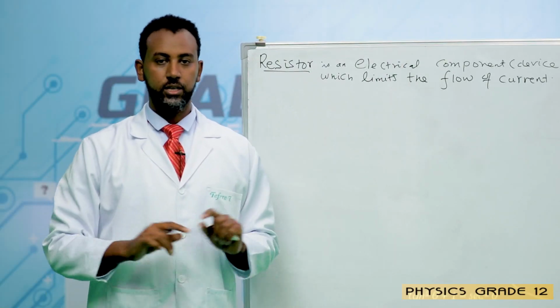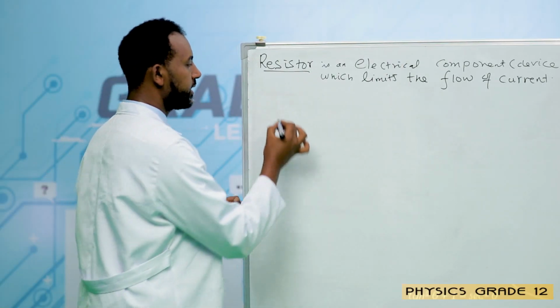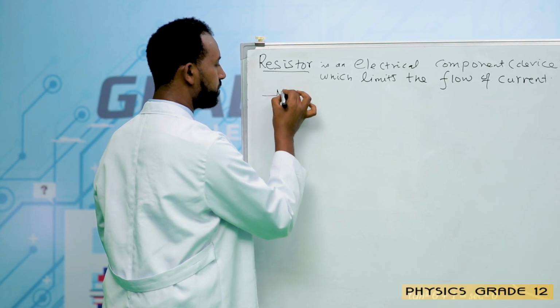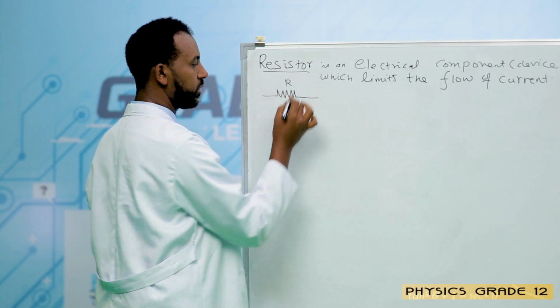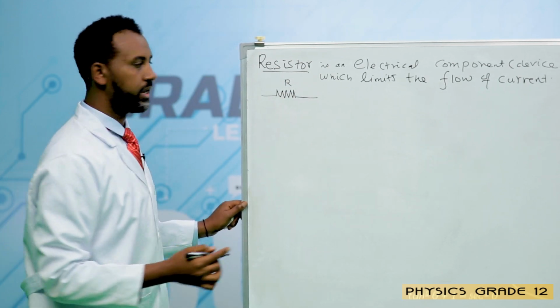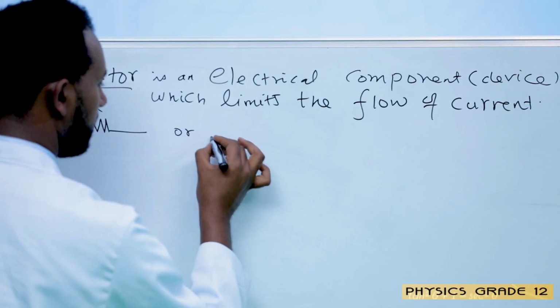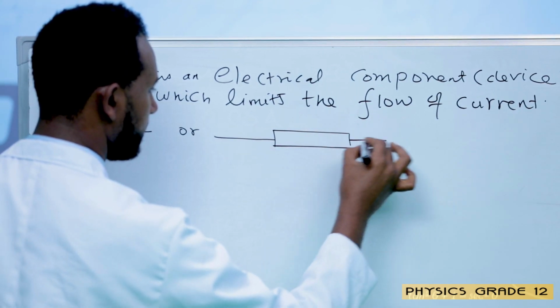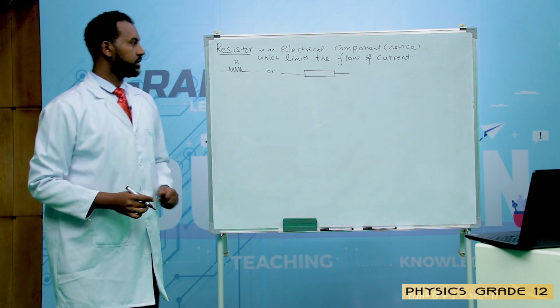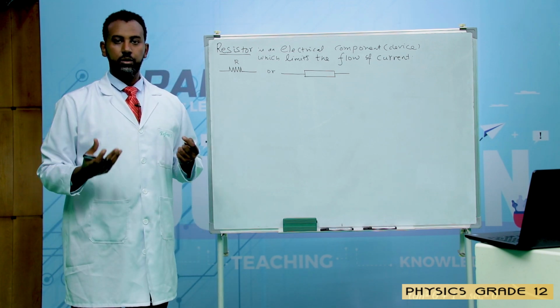Resistance across circuits can be symbolized using a zigzag line. There are two methods of representing resistance. You can symbolize it using a zigzag line or a box, or like this. Then the resistor possesses